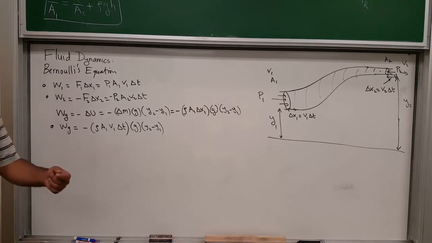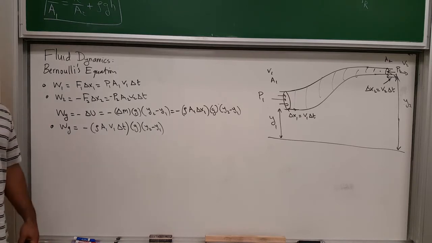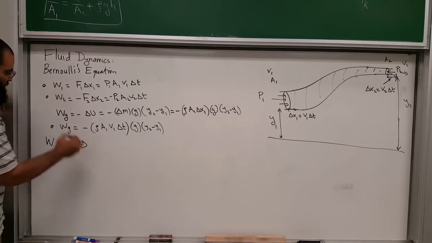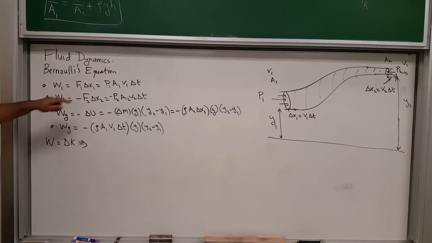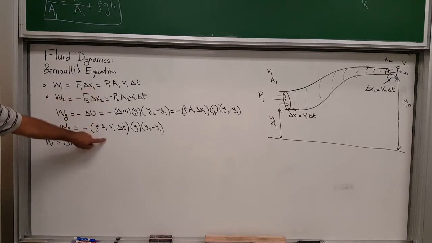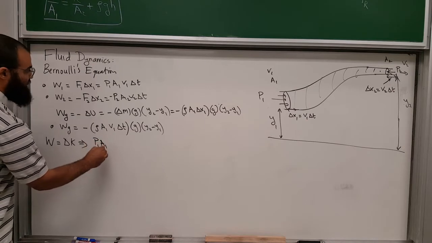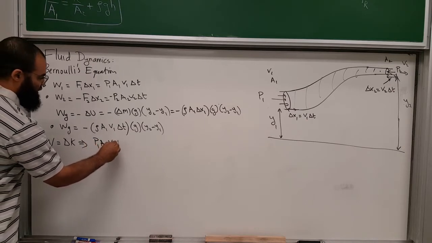And remember, the work done is equal to the change in kinetic energy. So we'll use the work-energy theorem. The work done will equal the change in kinetic energy. Okay, so what do we get? Total work done will be, I'm going to put this and this and this together. So P1 A1 V1 delta T,